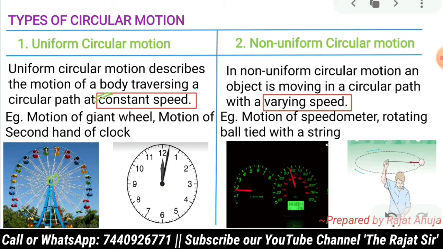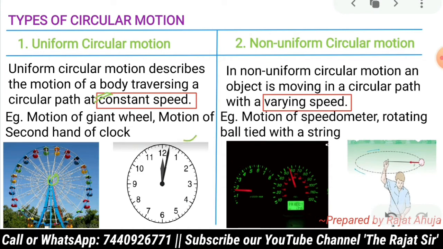For example, initially it takes 2 to 3 minutes to reach the constant speed. Thereafter that giant wheel will rotate with a constant speed. So we'll ignore the initial situation while taking off to reach the constant speed. After that it follows the uniform circular motion because it is rotating with a uniform speed in a circular path. Just ignore the initial part where it takes the speed and reaches uniform speed.